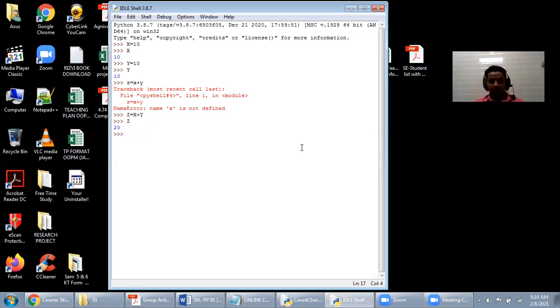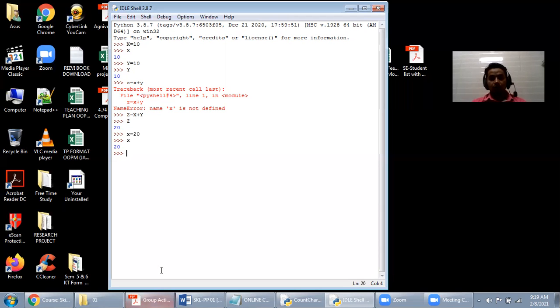So here, whenever you are writing anything and you want to see the status of a single, individual statement, you can write it in your IDLE shell, where you can write code line by line and see the result. For example, now I have given x is equal to 20 once again. So what will be the value of x right now, 10 or 20? You go there and check it. Now the current value is 20.